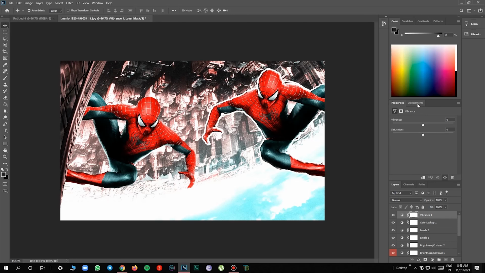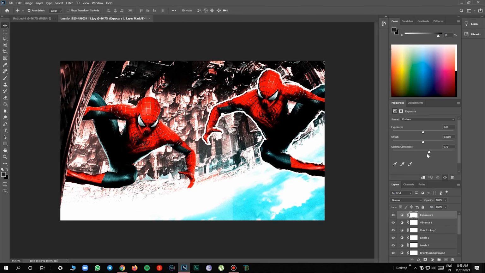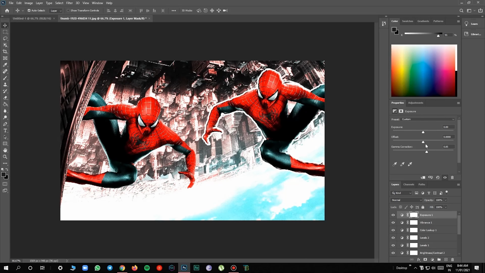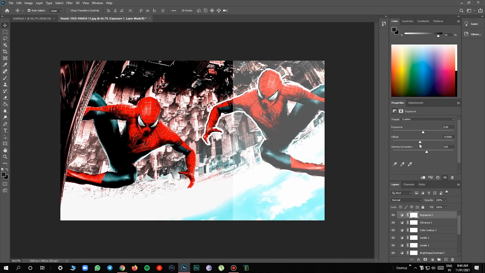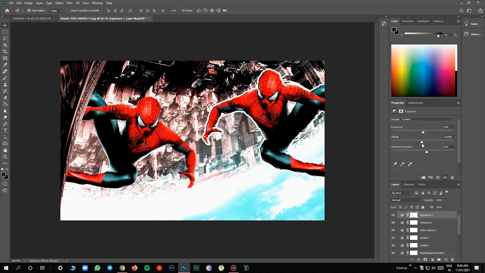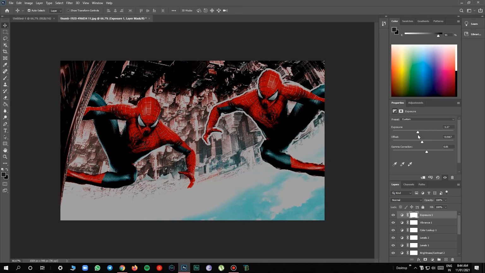Then we have exposure. So there we have some options like gamma correction, offset, exposure. So these are the things that you should see. We can't tell every single thing in Photoshop, so you should check it out.